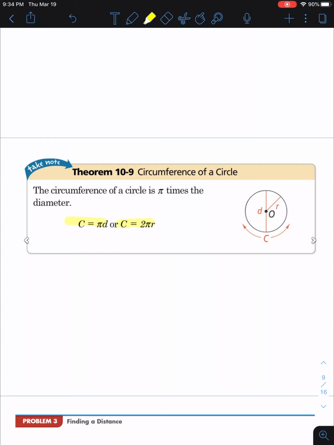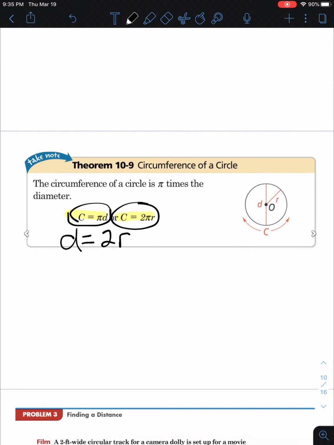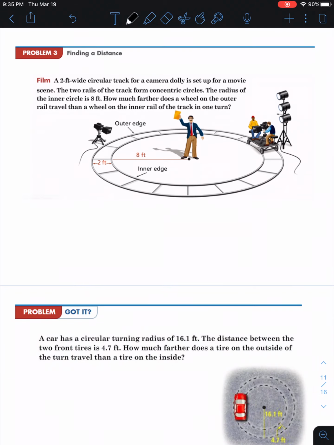Remember that d equals 2r, so if d equals 2r, that's the same thing here. So we just put in the 2 pi r. So it is the same thing, circumference then, and that's the measure around the circle. You remember that. So we're going to take a look at how we can apply that in